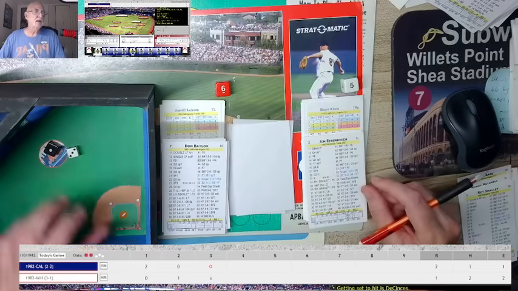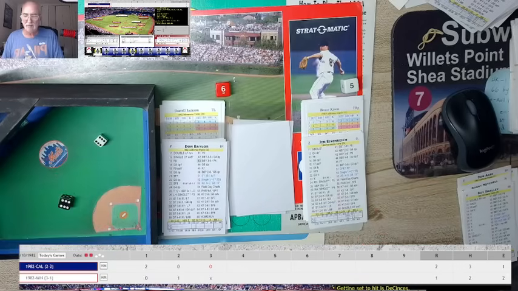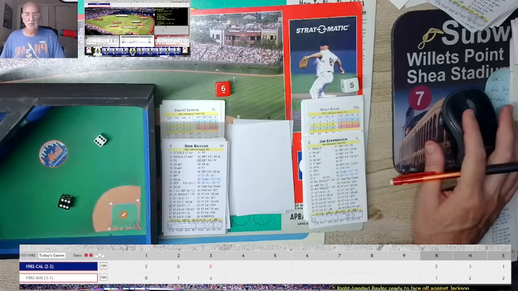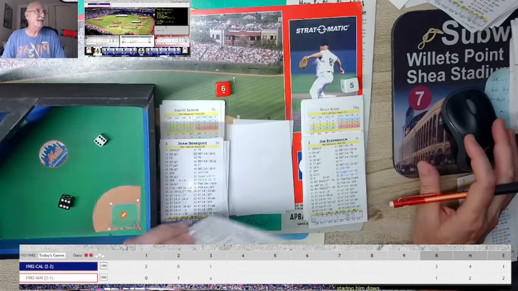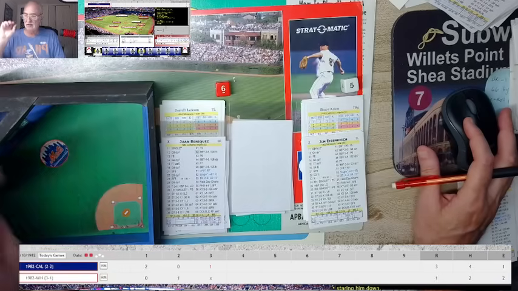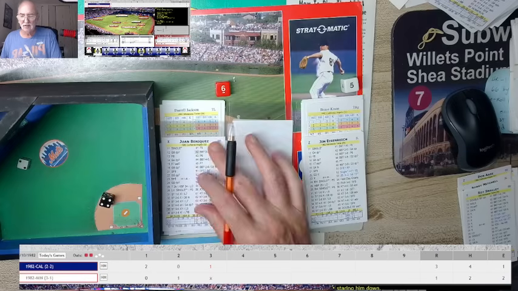With 2 outs, it's Don Baylor. He doubled last time up. The pitch, and that's going to be a deep drive, way back to left center field, and Ward looks up, and that's gone. So Don Baylor makes it a 2-run game again, 3-1 Angels, and it's Juan Beniquez. The pitch, and a 42 will be, oh, that's going to be a base on balls.